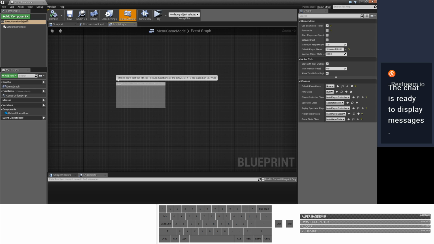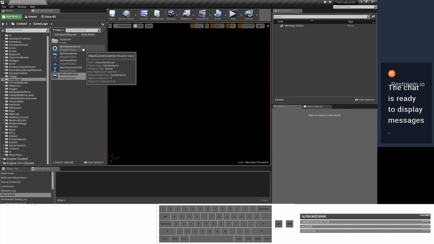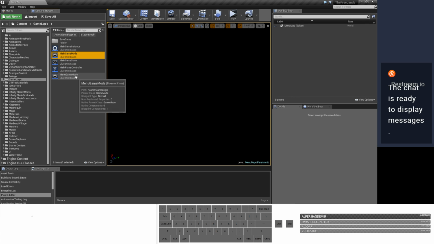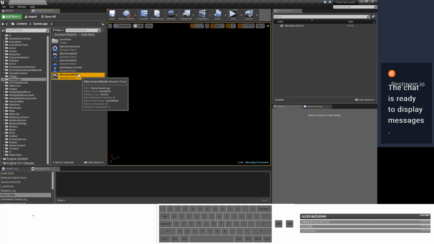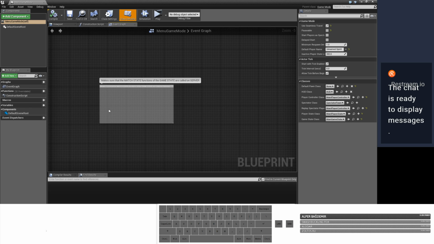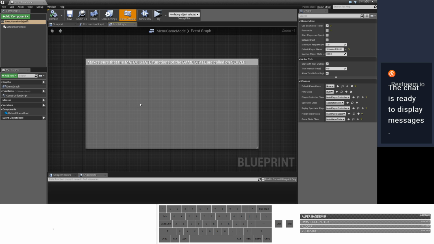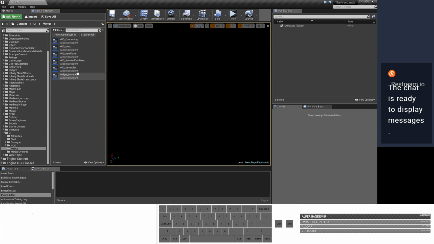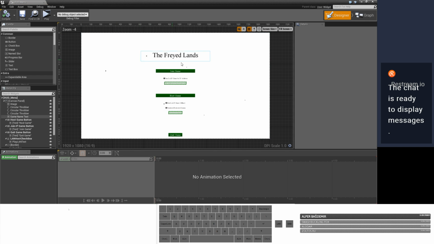Main game, it says main. Didn't I have another place where, I mean, I guess just the UI, then. I thought I had it on here. Main game mode, menu game mode. I'll put it on the UI. I had done it before once, so that's why I was confused. So, menu? Yeah.